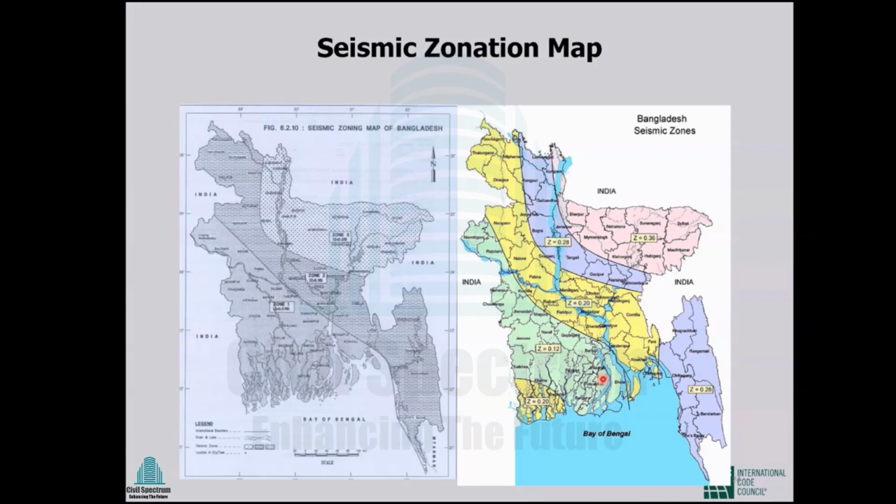Actually, we are not going to design for MCE. We'll reduce this using a formula, and ultimately the earthquake we design a structure for is called the design basis earthquake, which is 10% probability of exceedance in 50 years, or the return period is 475 years. That is the standard. It is usual that the zonation map is produced for MCE, the maximum considered earthquake, but the design is done for the design basis earthquake, and the formula takes care of that. Let's see.